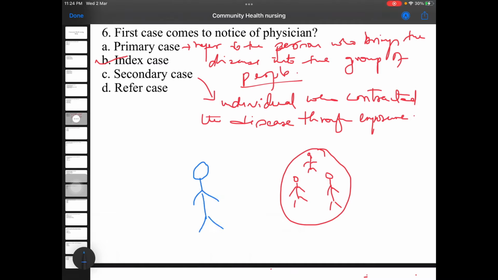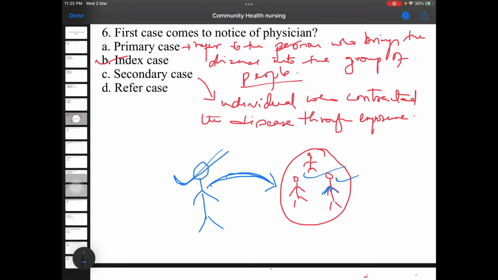There is one person here. So this person might have brought the disease into this group of people, and this person is called the primary case. And this person may bring the disease into this group of people, and so maybe this person gets infected,